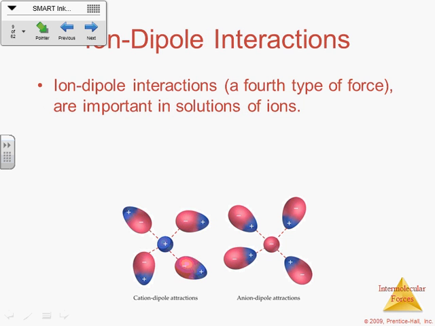Okay, so ion dipole is the first one that we'll talk about. These are going to be more important when we're talking about solutions, solutions that have ions dissolved in them. So you put sodium chloride into a solution, and you're going to have these ion dipole interactions. We talked about this a lot last year. I know that, at least for my classes, I showed you lots of pictures of what happens when you put salt